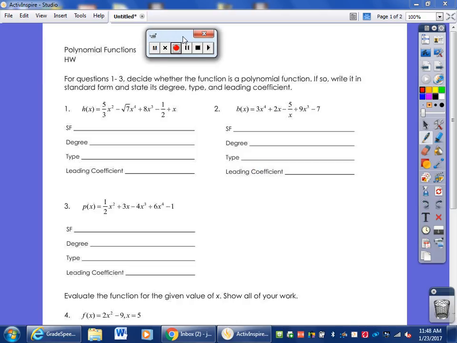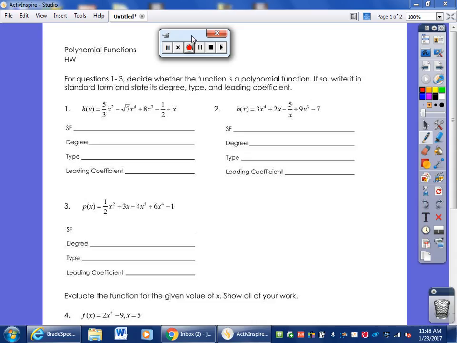Learned about polynomial functions, and you learned how to decide whether it's a polynomial function, and then how to write it in standard form and figure out the degree, the type, and the leading coefficient. So when we look at number one, in order for it to be a polynomial function, remember we can't have